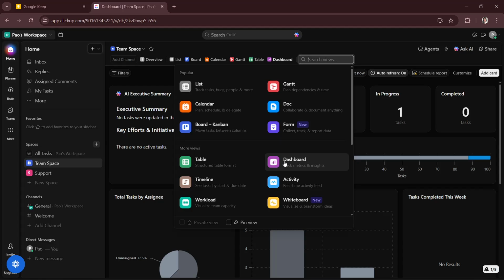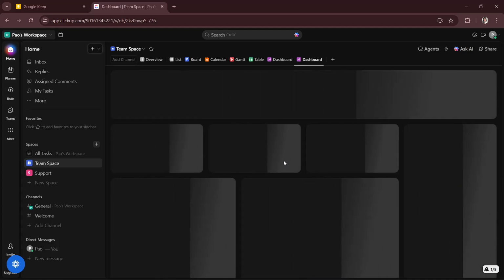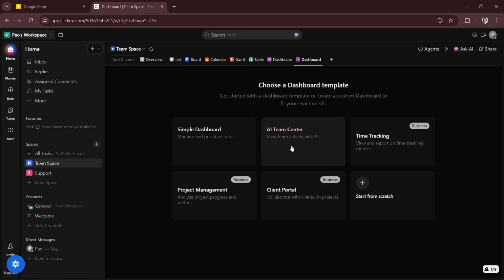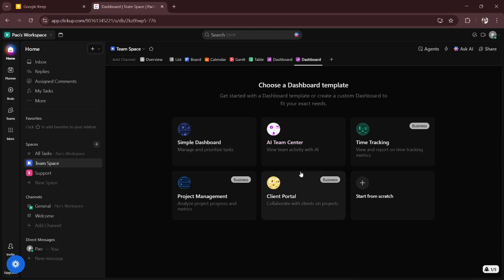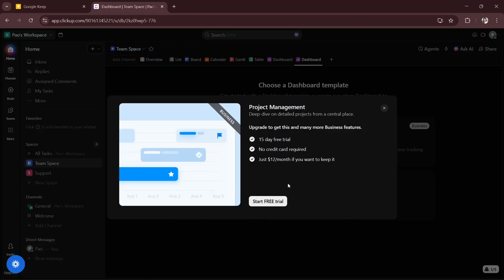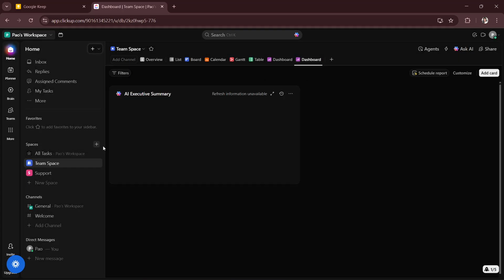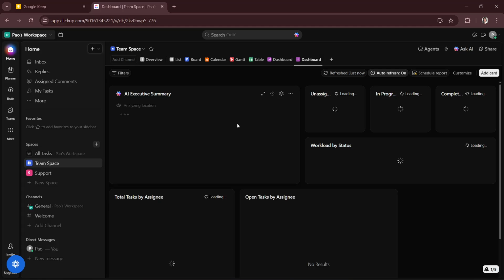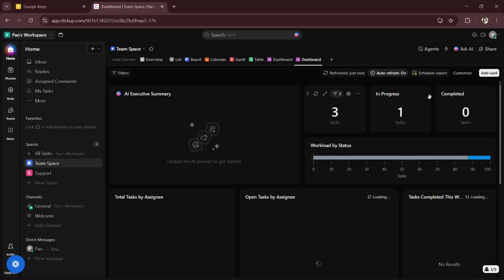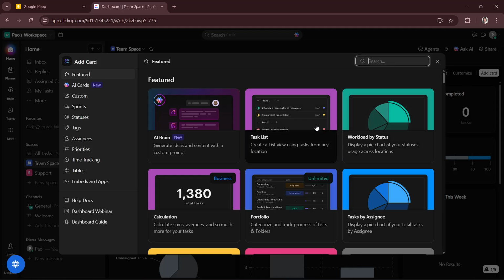So next you will just have to click dashboard once you find it, and then you will either start from scratch or you will choose from this template. So let's say I would want project management, so I'll just go ahead and click that. So just click create, and once you're here you will click this icon right here, which is add card, and